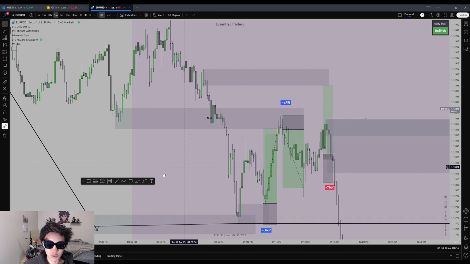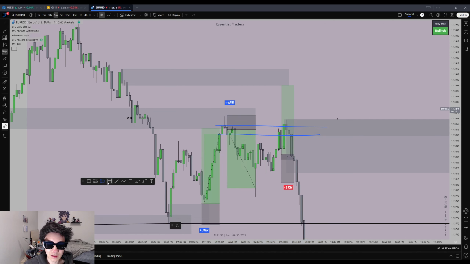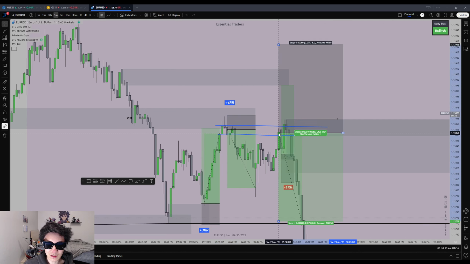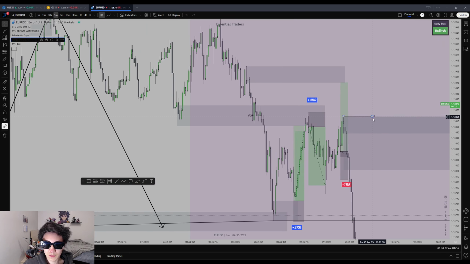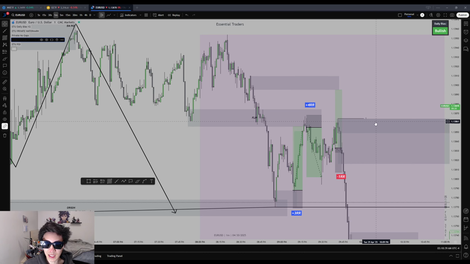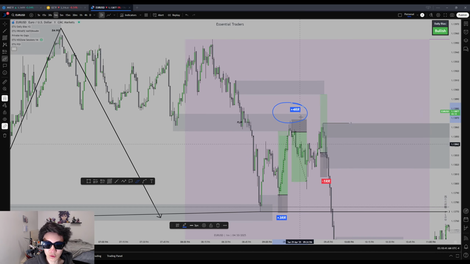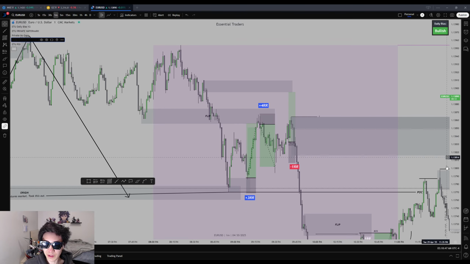If you miss this short here, don't FOMO. You can see we won't always do this, but we do come back later to mitigate this OB that was unmitigated here. And you could have caught a really nice 5 risk reward. So if my draw liquidity was better here, then I would have made a lot more. I would have been able to bag that 4 risk reward, and then price came back. Could have had another limit order to make more, but you can see draw liquidity is very important, guys,